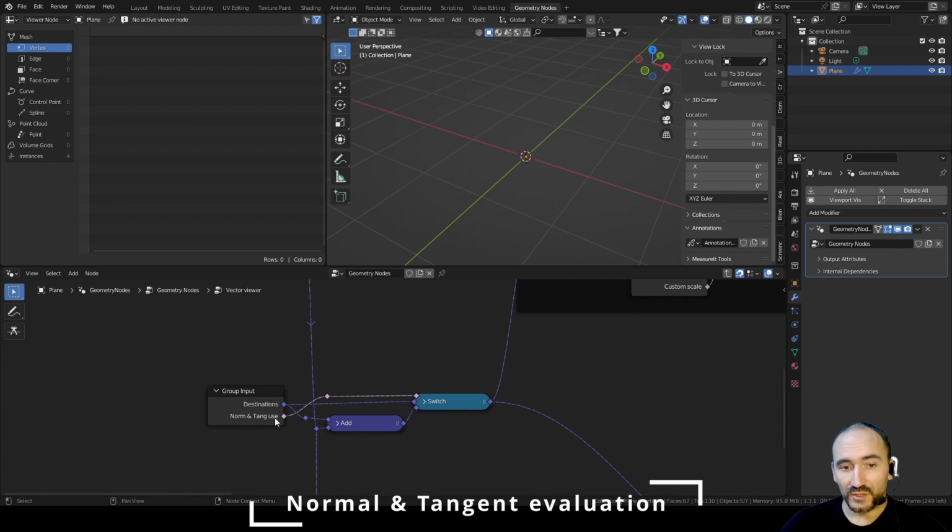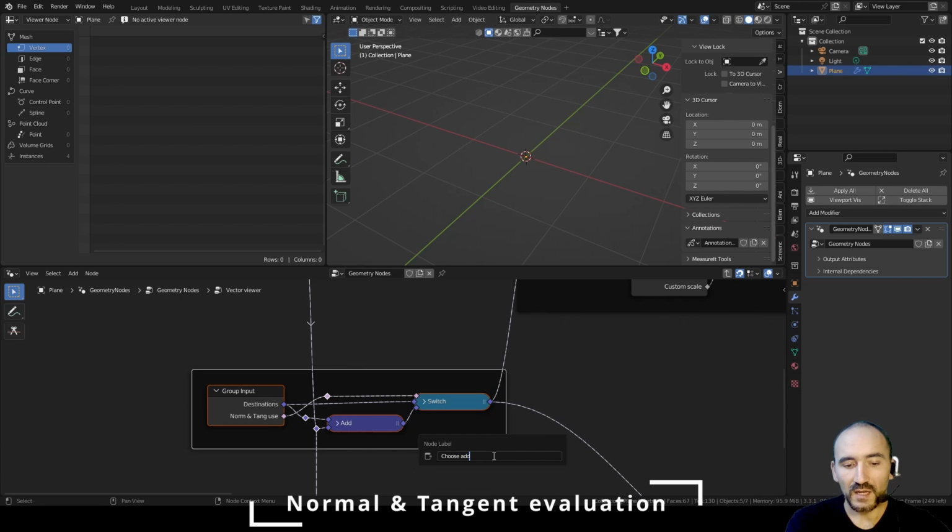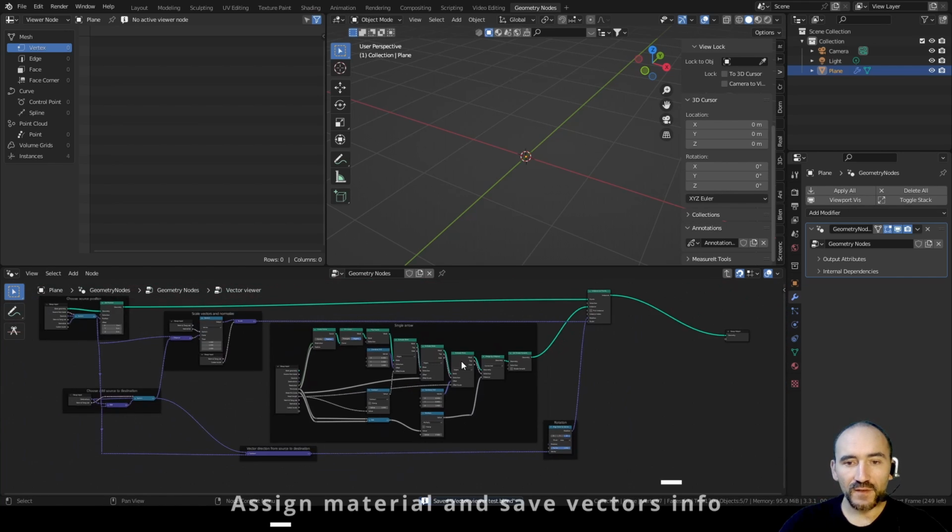So if the normal and tangent use is switched on, we want to add the source to the destination point to have the correct shifting of the vector of the tangent or normal on the source position of our base geometry or custom source position. Otherwise, we will use the same custom destination we linked in the group input of this group node. We can select all these nodes, Ctrl J, F2, choose add source to destination, save the project, and finally